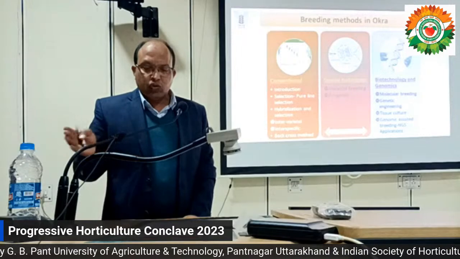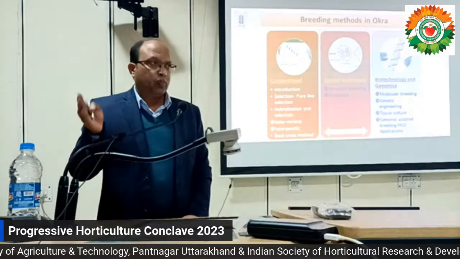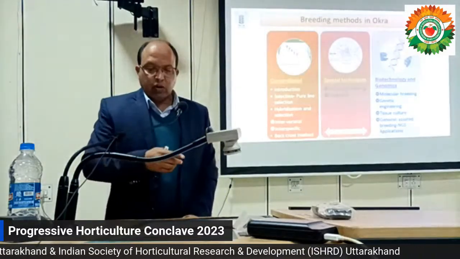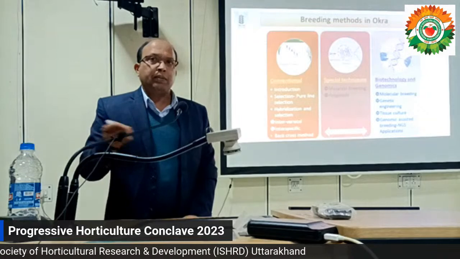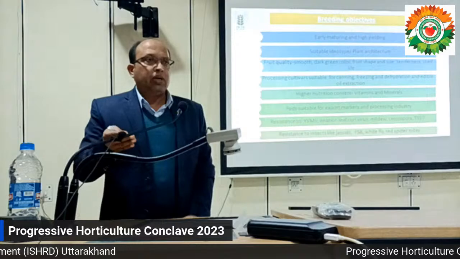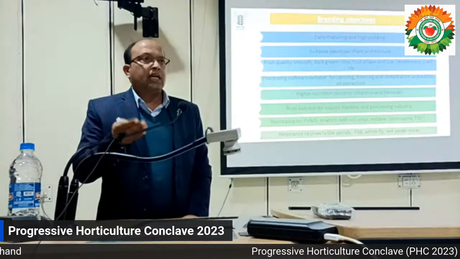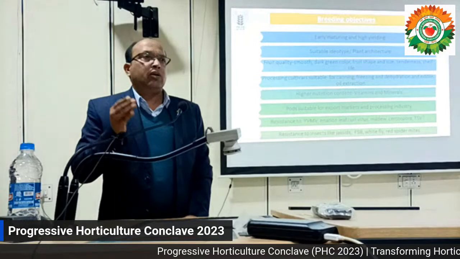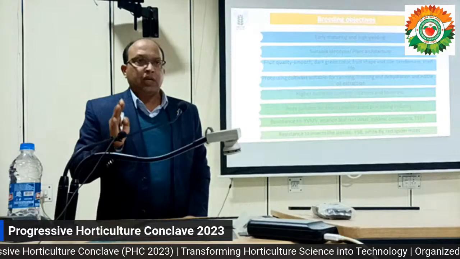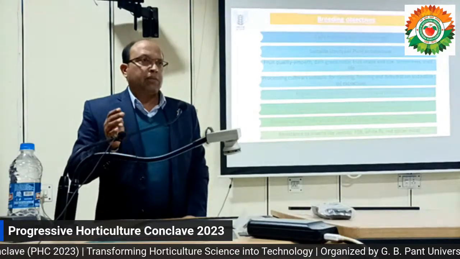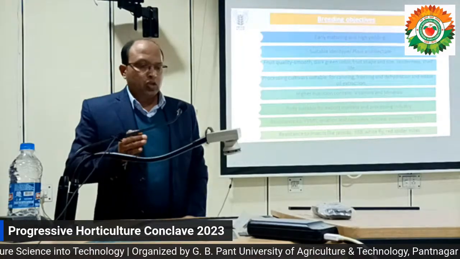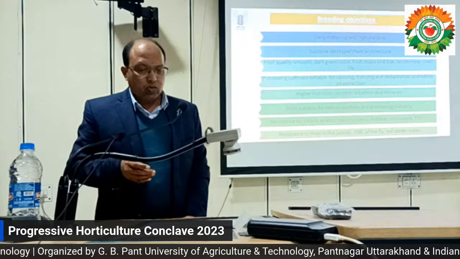Biotechnological and genomic advances have not been so well placed, but now we are working on that and using molecular techniques also to develop some information. In breeding objectives, quality is a major one, yield is another, and resistance is another major criterion in okra. Two diseases are very prominent. YBMD was there earlier. Now ELCB is another disease which has come, and it has become a very serious disease in many parts of South India and North India, and sub-pockets. So this has also become a major issue for okra improvement.